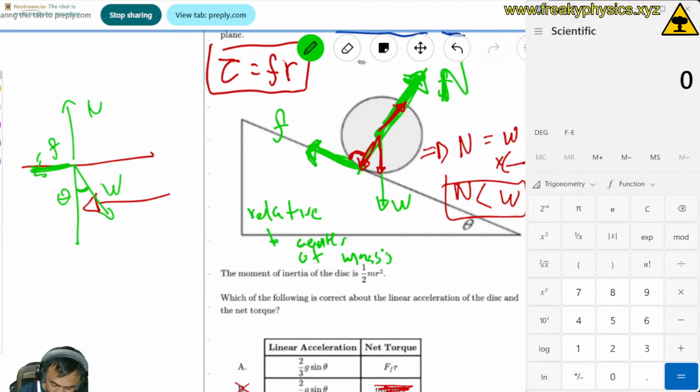Okay, so in that case, because we do have the theta as given, we can already see that if we calculate vertically, the n and the w component must balance out, so n must be equal to wy, right? And in this case, what's wy? That's going to be w vertical